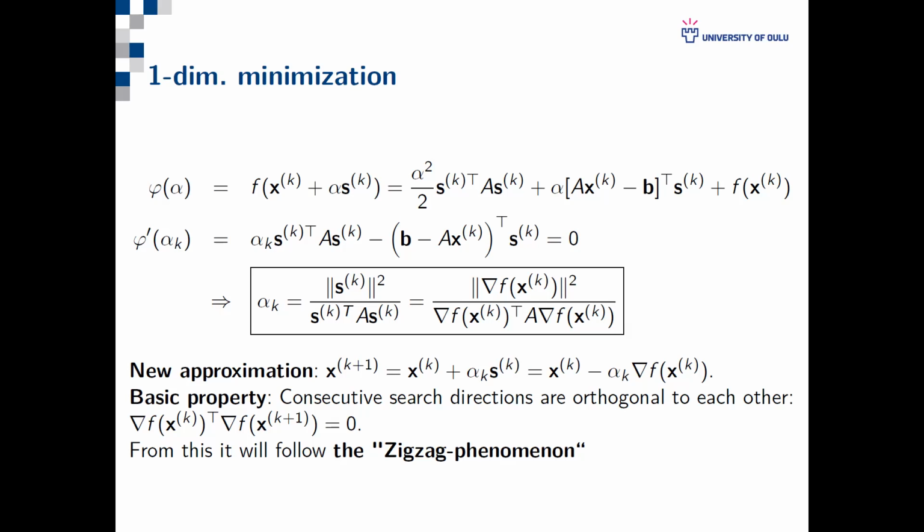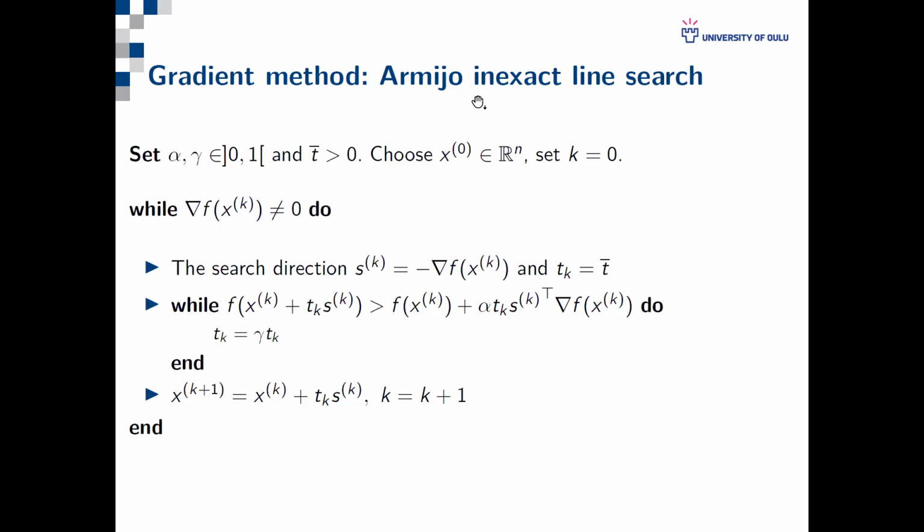The basic property of the gradient method is that the consecutive search directions are always orthogonal to each other. And in some cases we obtain this zigzag phenomenon, which says that it converges very slowly towards the true minimum. Okay, this Armijo inexact line search I will take on